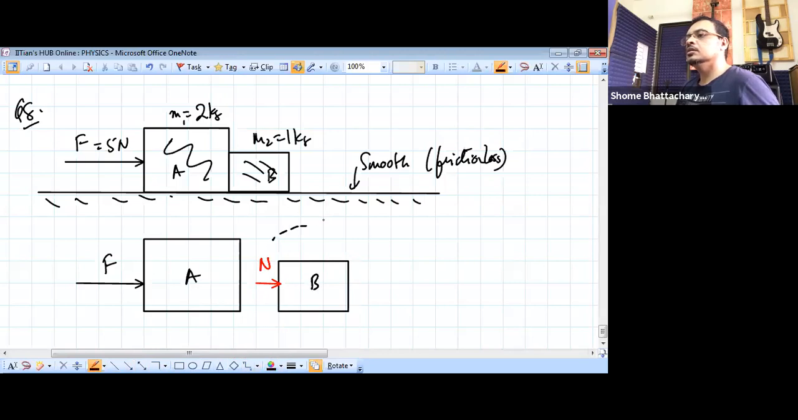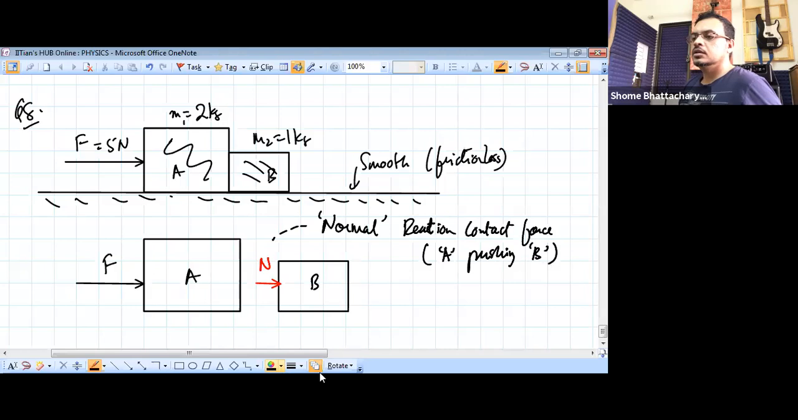So this one is the normal reaction, the contact force with which A is pushing B as a result of you pushing me. And then what will happen? B will react back on A by applying an equal and opposite reaction force. So B will now apply a force on A, which will have the same magnitude. So this is an equal and opposite normal reaction force